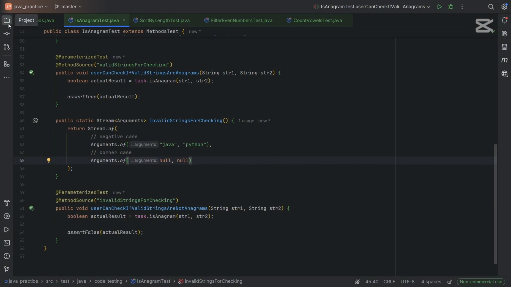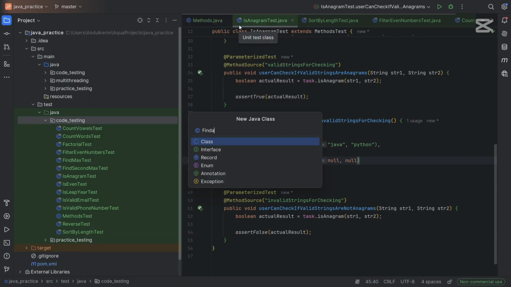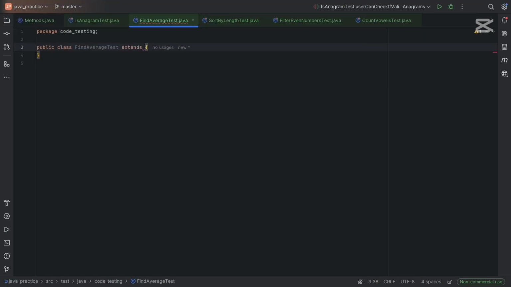So let's create a class FindAverageTest, which of course extends the class MethodsTest. The purpose of this class is to have tests for